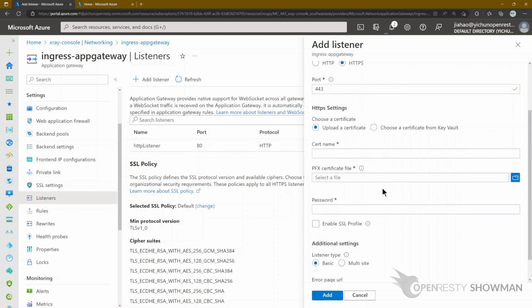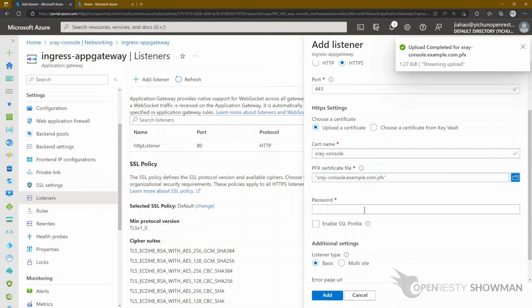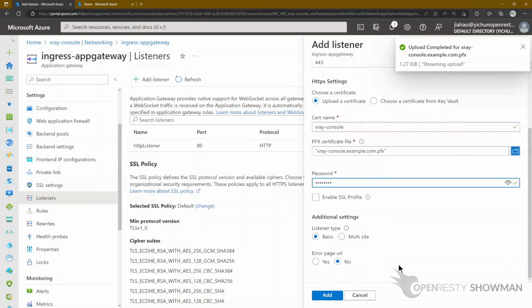Here we need to upload the required certificate for the HTTPS service. Follow the command described in the documentation to convert the normal certificate to the PFX format. Enter the password of the certificate in PFX format in the password field.